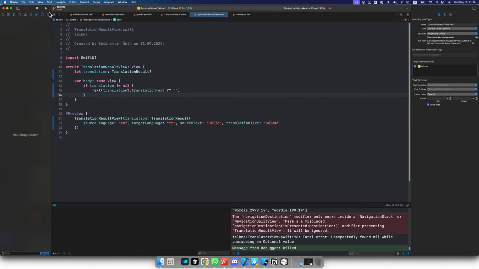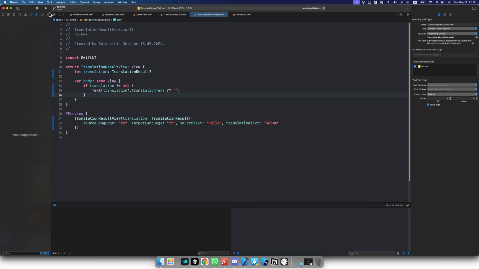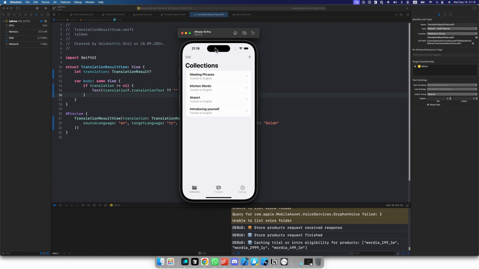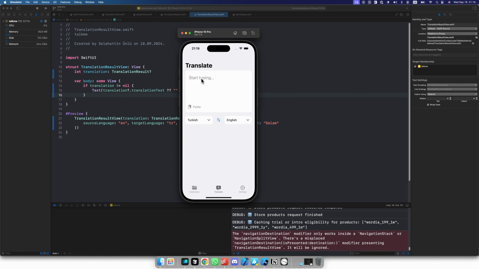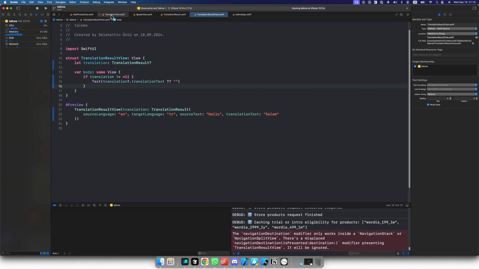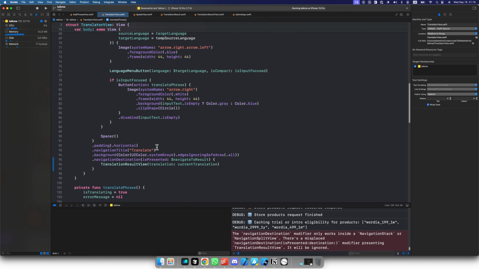Okay, I'm trying almost everything to make it work. I'm like pressing all the keys to complete this part of the game. Okay, yeah, I'm able to see that translator screen here. Okay, I'm gonna type hello in Turkish, and let's press the submit button, and nothing happened. Okay, let's go back, translator view,